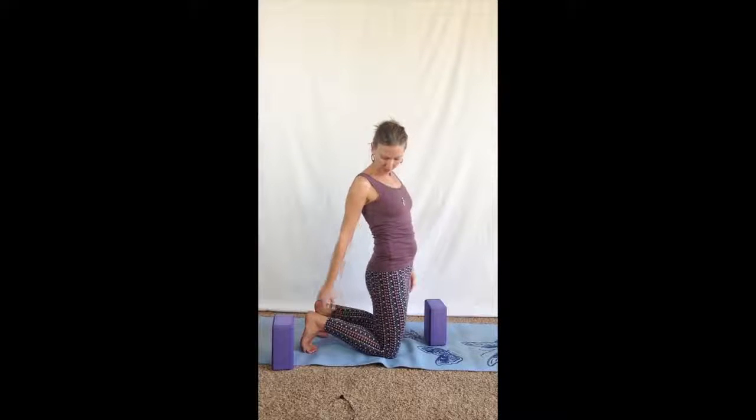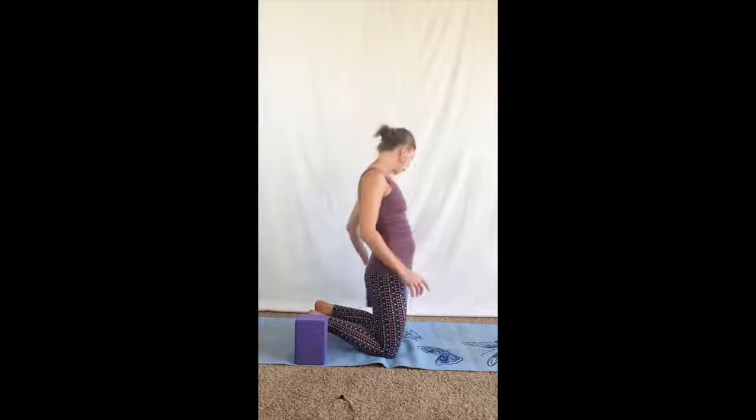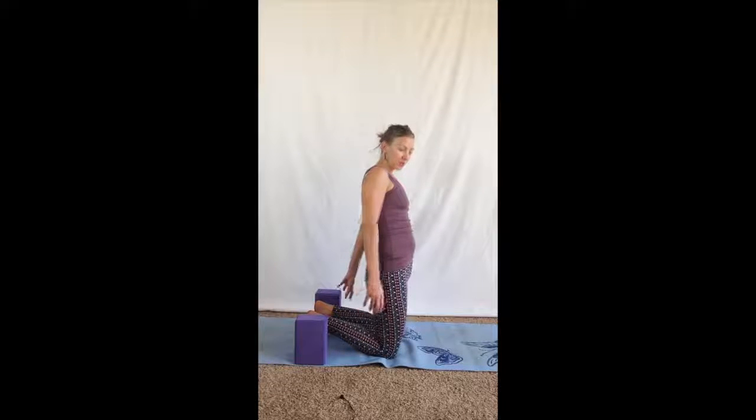And again, I'm just going to give you a side view. You can have your toes tucked under. If you think you might be coming deep into this pose, you can take 2 blocks you'll need on either side of your heels. Just if you think you might go that deeply, and I'll show you what that would look like. So we're actually going to start by taking our hands onto our rib cage